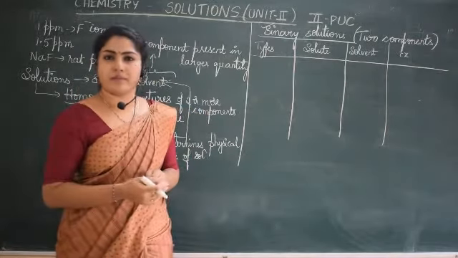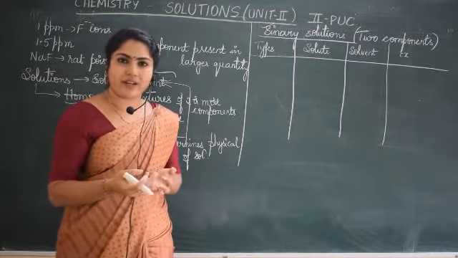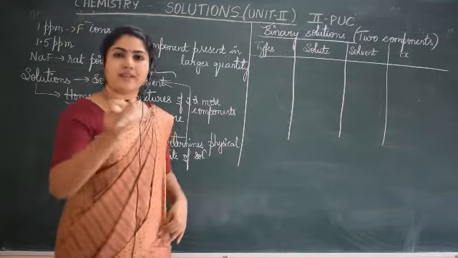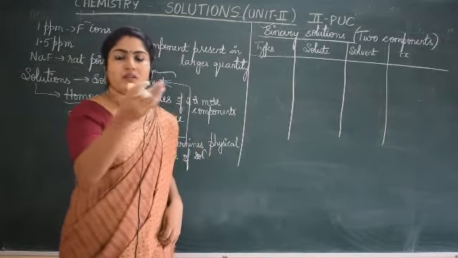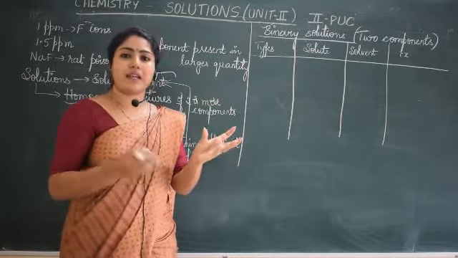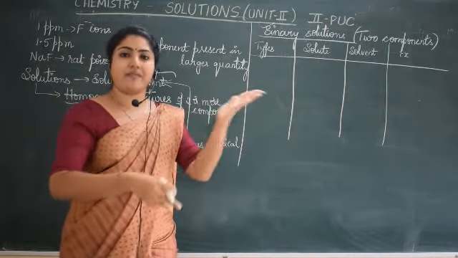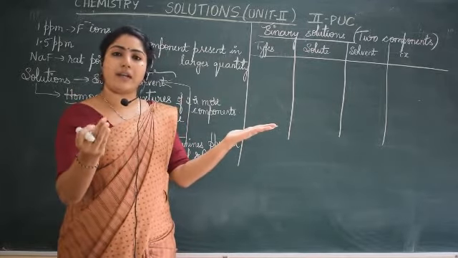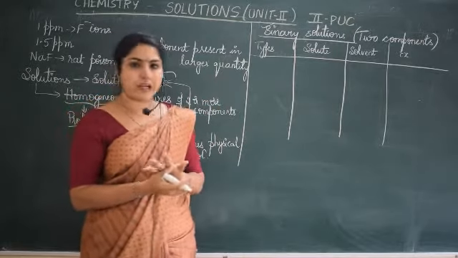Now say alloy, metals, alloys, mixture of two metals. Do you have a liquid in it? No, both are solids. So are you getting the point? They are called solid solutions. If both are liquid, you call it liquid solution. It need not be like both are liquid. If solvent is a liquid, whereas solute is solid, liquid or gas, you call it liquid solution. If it is a gas in which you are treating solid, liquid or gas, since it is a gas, the whole solution is called gaseous solution.